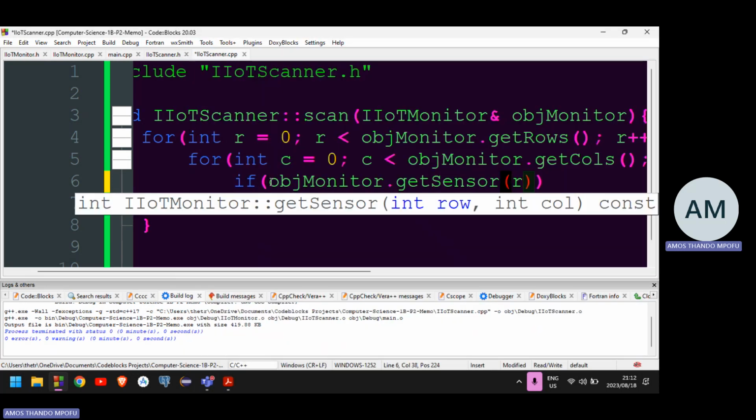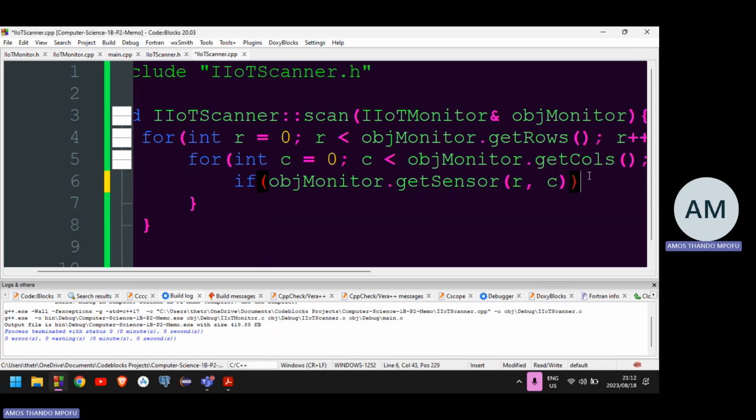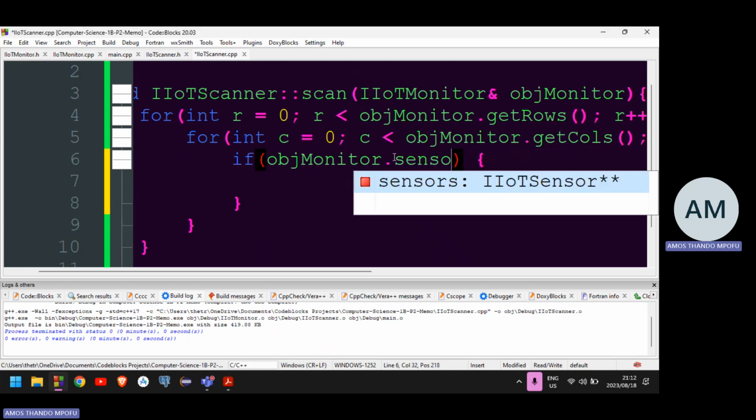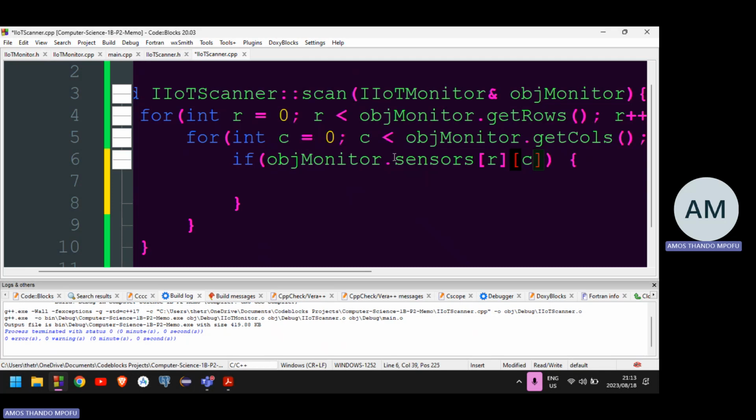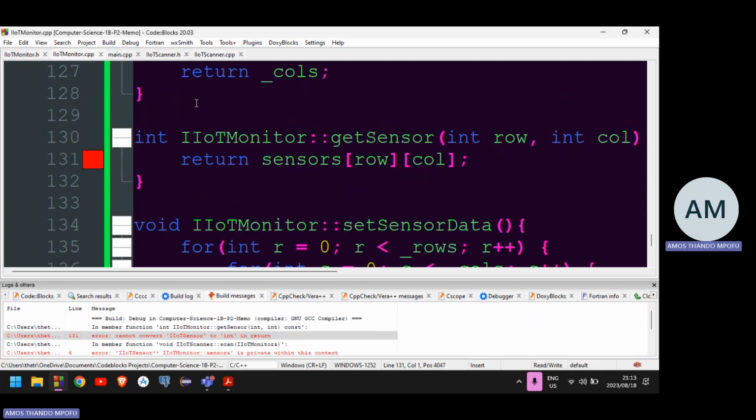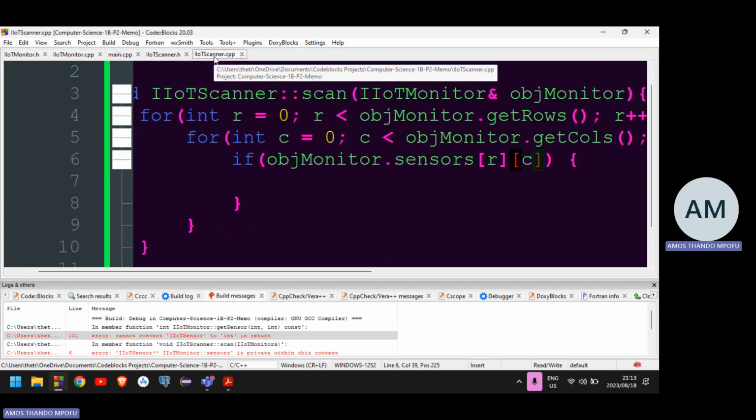As you can see, it's showing me where the implementation is and how it looks, the parameters that I'm expected to pass, row and column, right? So this line of code is exactly the same as me doing this, saying dot sensors like this. But I cannot do this because it's private. I can only access it through